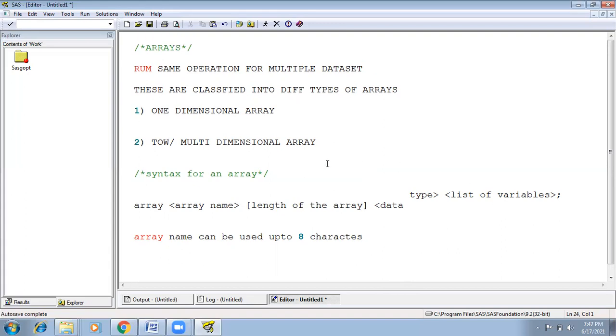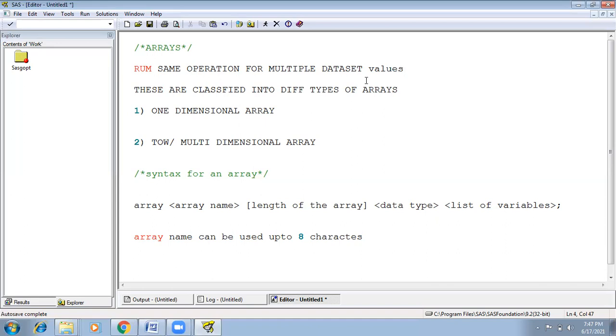Now, what is the main purpose of an array?